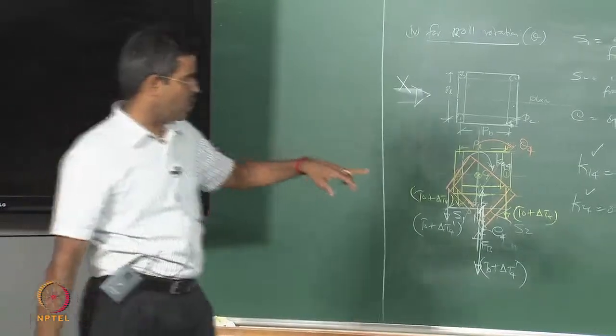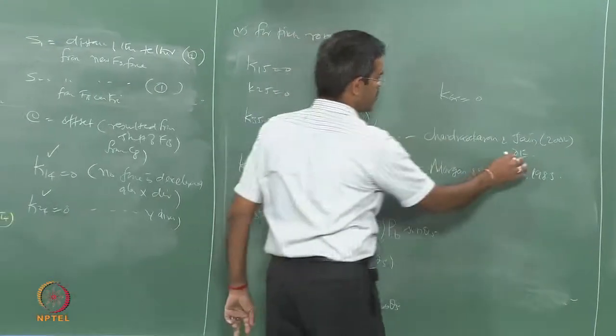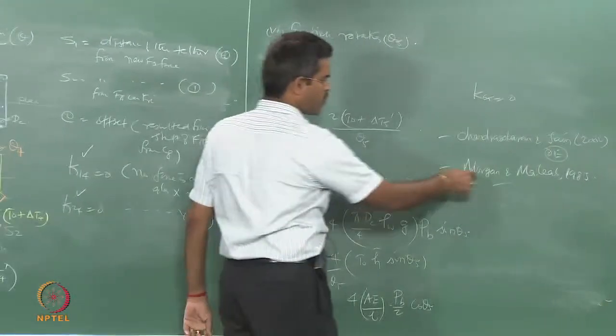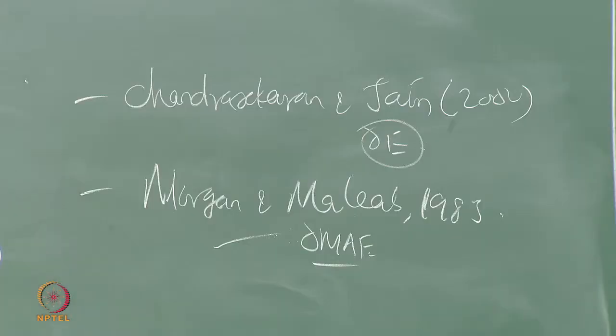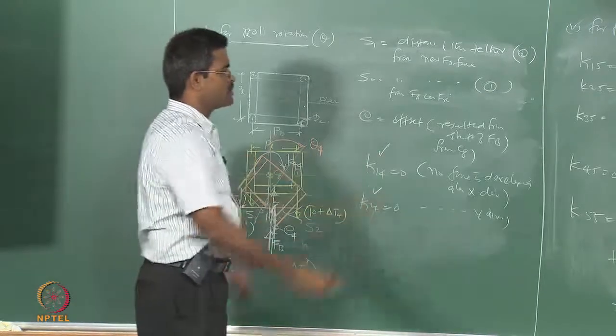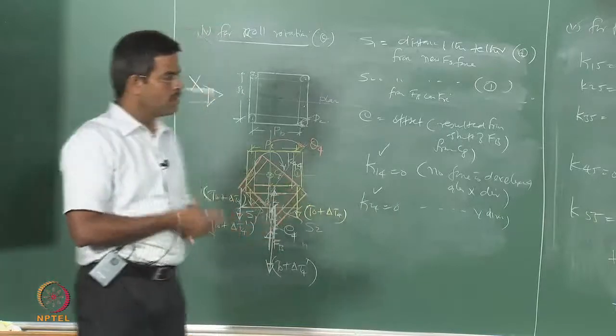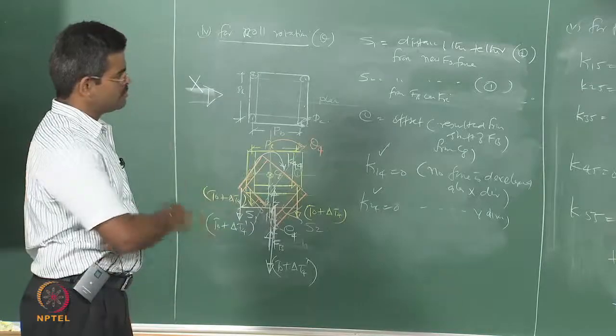One is an OME conference paper in Houston, and the other is the Ocean Engineering Journal paper. The references are available on the NPTEL site, you please see that, you get the full reference. Locate the paper and try to read them. So you will get the full derivation and explanation of what has been discussed on the blackboard here, for more clarity in understanding this. So please look at this, we will continue in the next lecture.